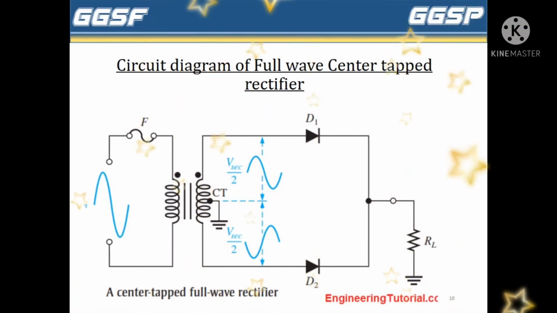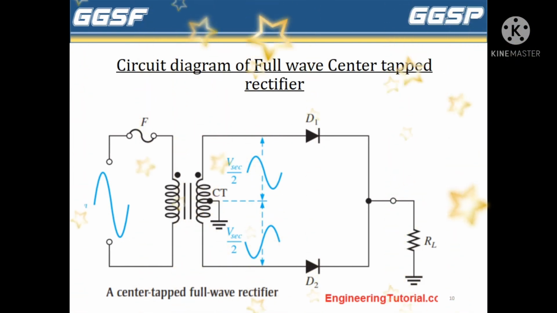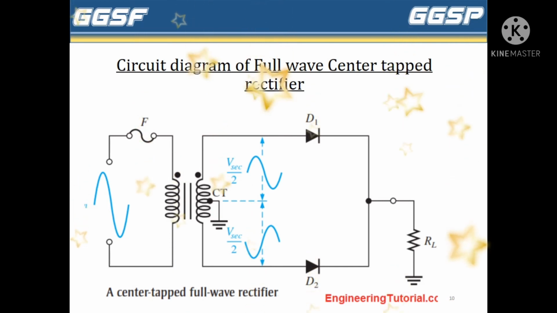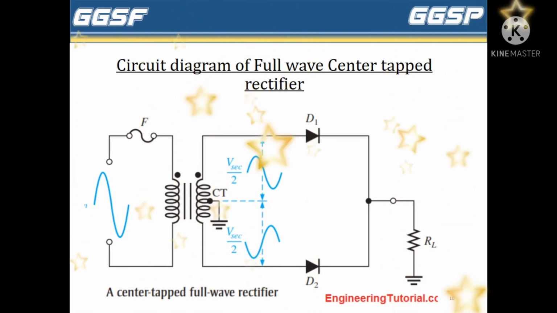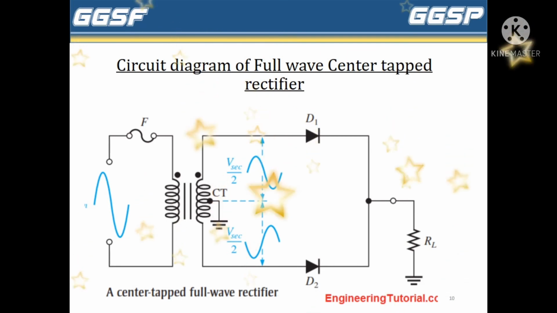Down you can see the circuit diagram of full wave center tap rectifier. When a positive half cycle of the AC sine wave passes through diode D1, at the same time the negative half cycle of the AC sine wave passes through diode D2, because of which diode D1 becomes forward bias, which passes the current, and D2 becomes reverse bias, which opposes the current.